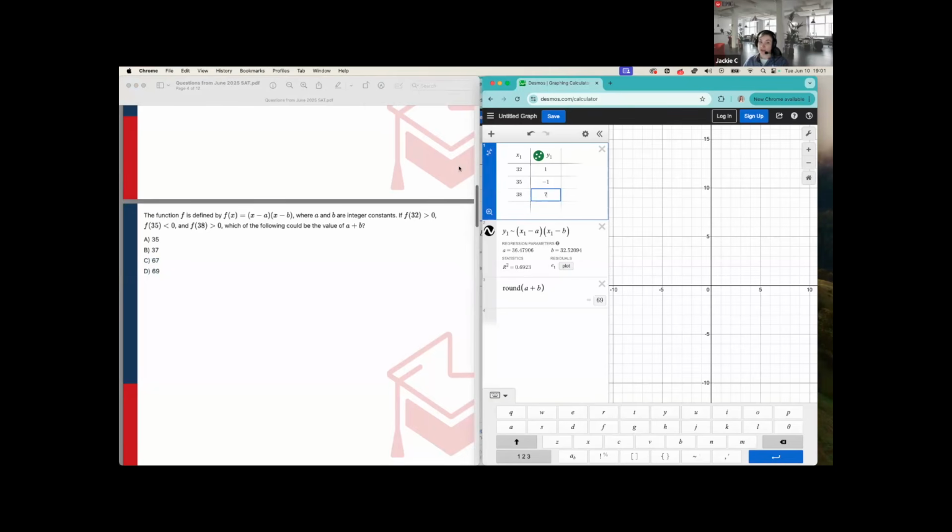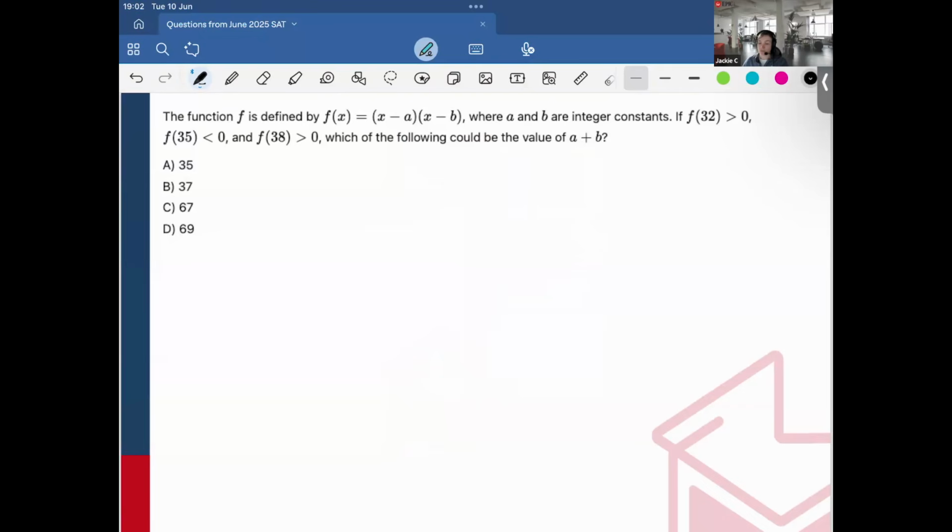So let's take a look at how this could work algebraically, which I also showed on the functions video. Okay, so going back through here, I can see that this is clearly a parabola. So imagine if I were to plot this. And I know that f of 32, so we're going to say this is 32, it's greater than 0, so something like here. F of 35, it's less than 0, so maybe something down here. And then we have f of 38